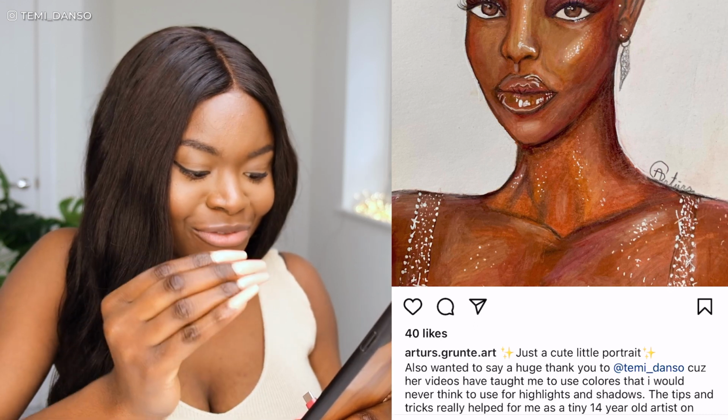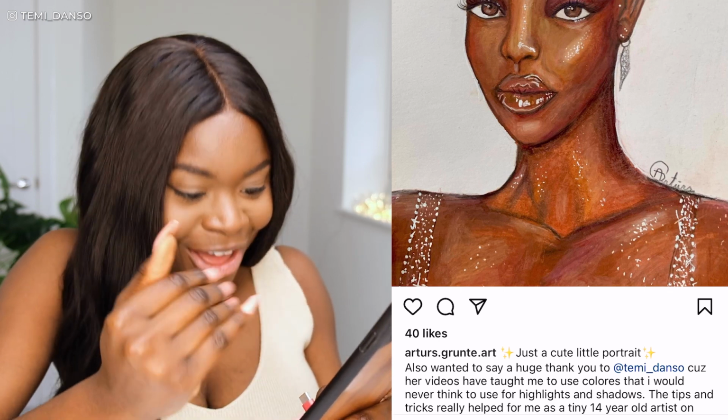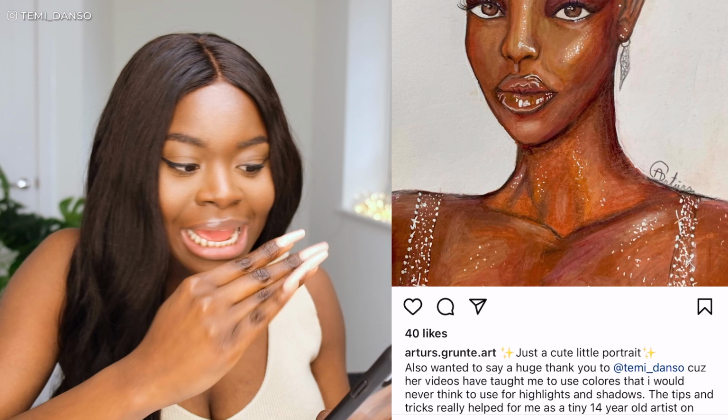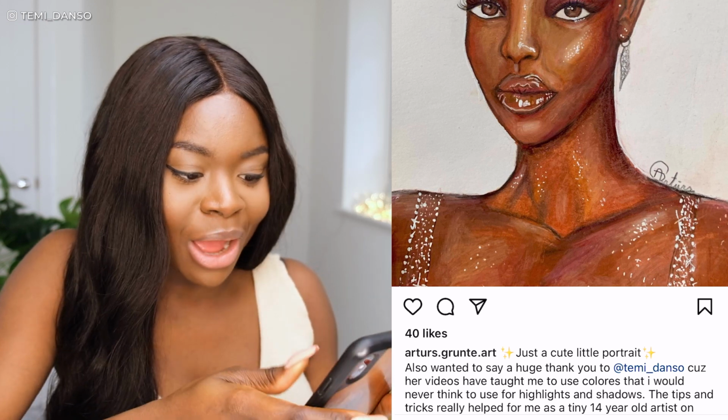The tips and tricks have really helped me as a tiny 14-year-old artist on Instagram. Like, age 14, you should be so proud. This is a beautiful